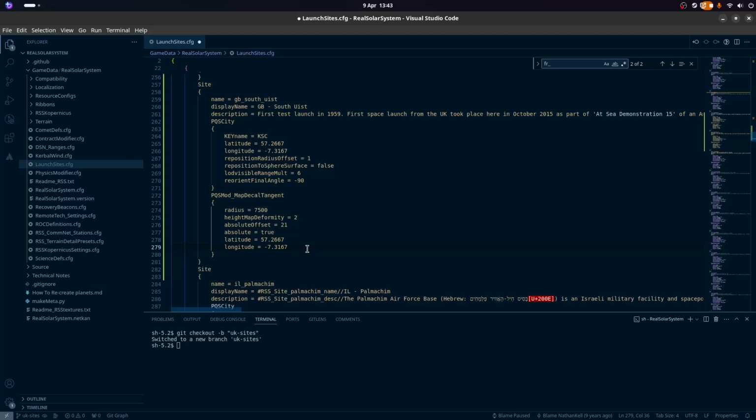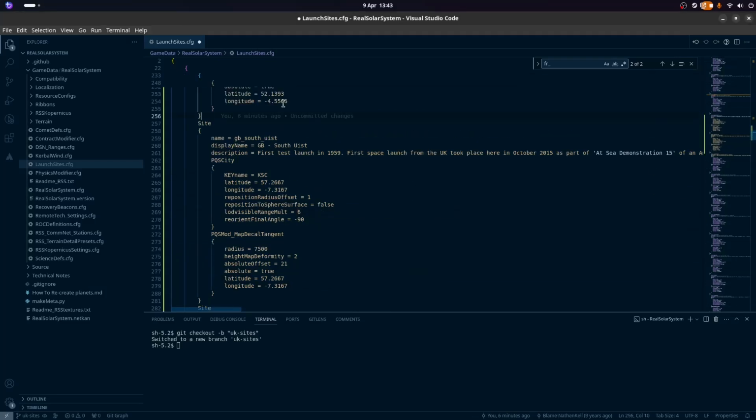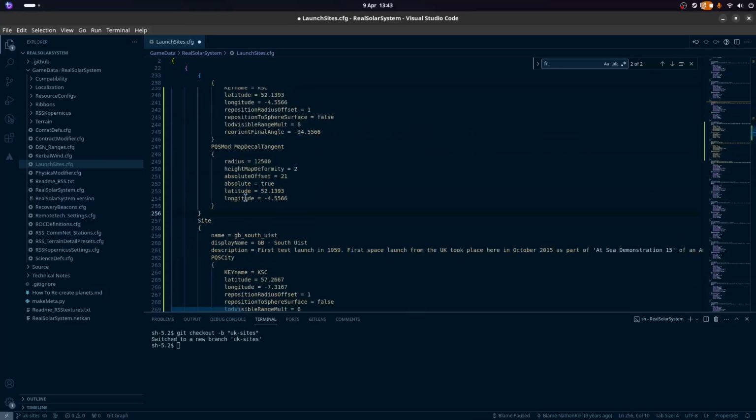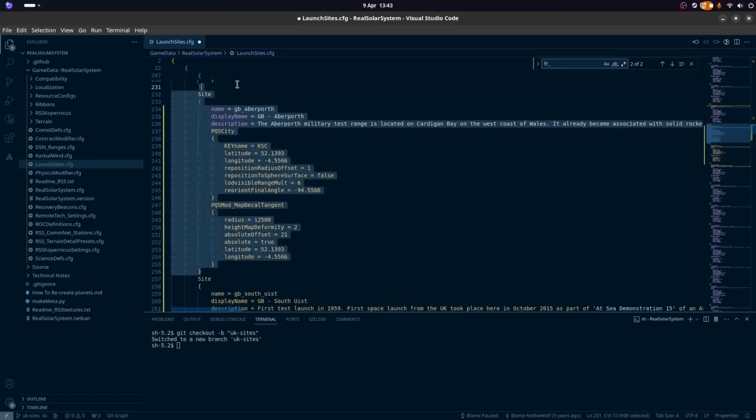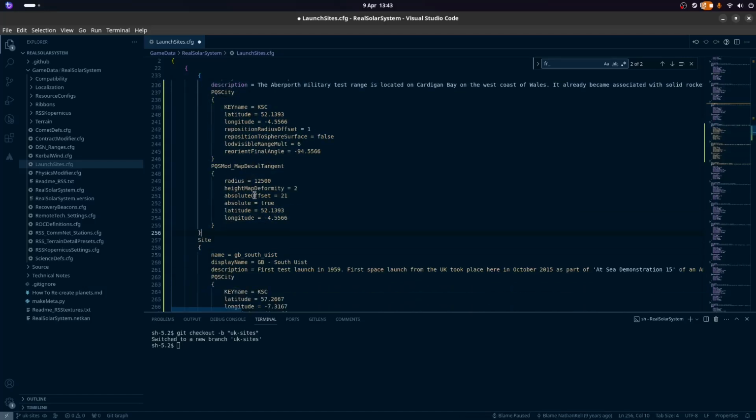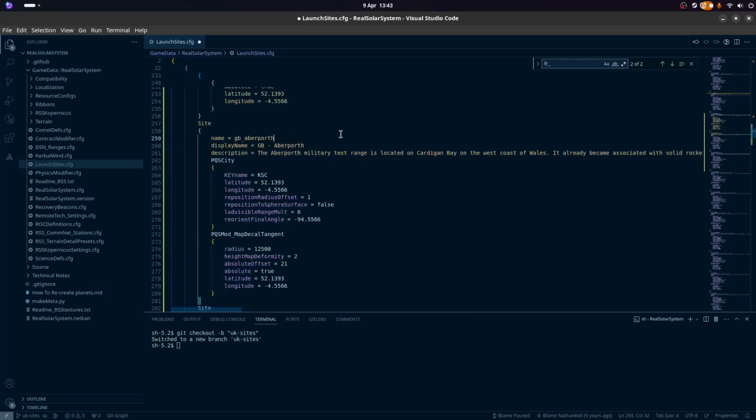Now, do I want to attempt to add a Cornish spaceport? That would be Newquay, I believe. Yeah, I'm going to. Why not? Nope, I forgot I had copied that. Control V, GB underscore new. Okay.